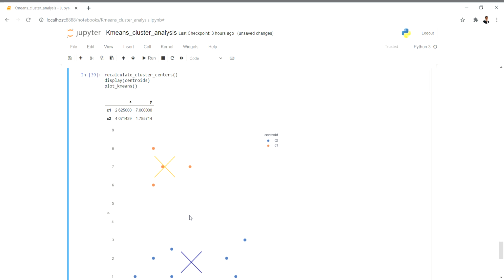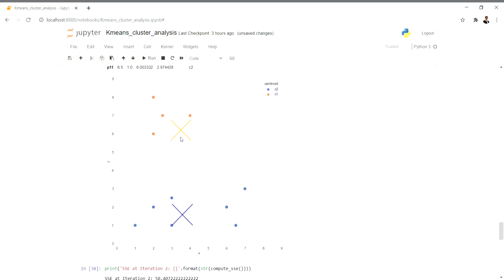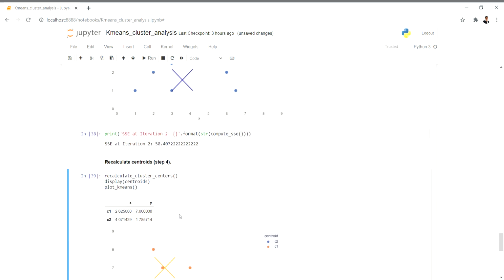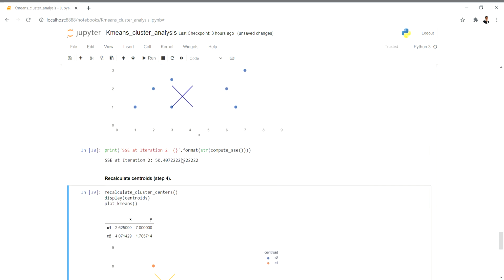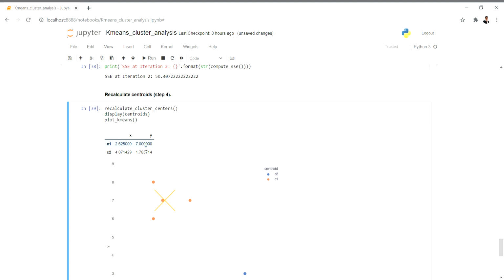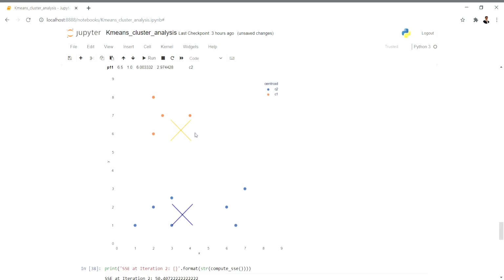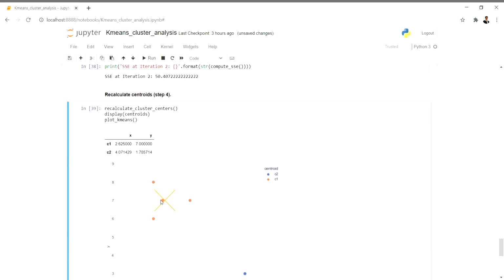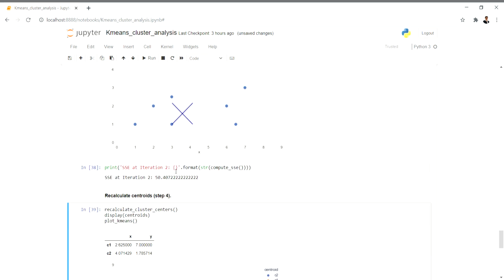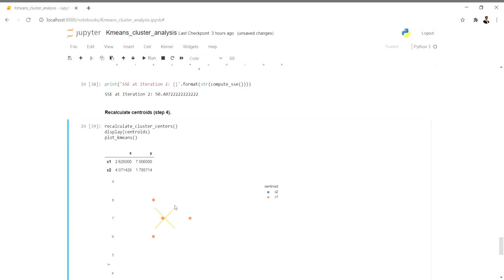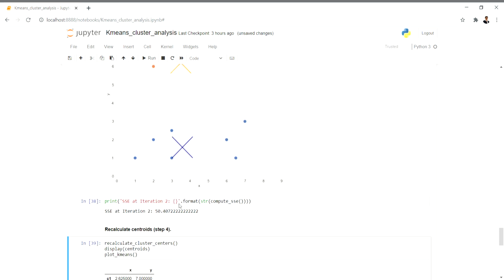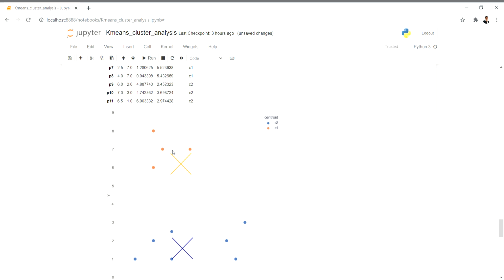So you can see there is a significant difference. There is a left shift that has happened. Okay, so here also you can see a significant difference. So the orange center has moved up here. The points are constant, but the centroids are changing.